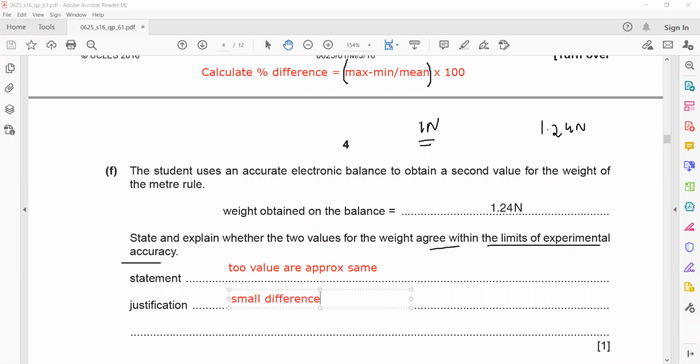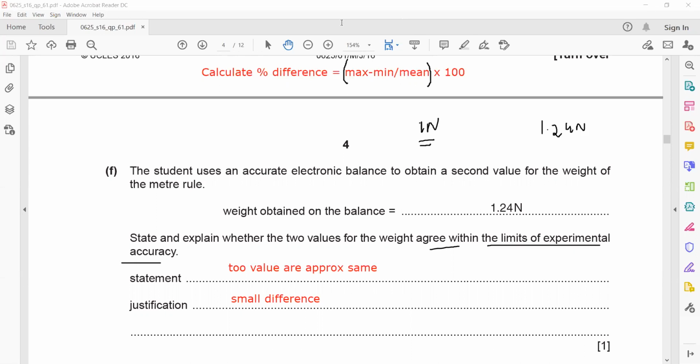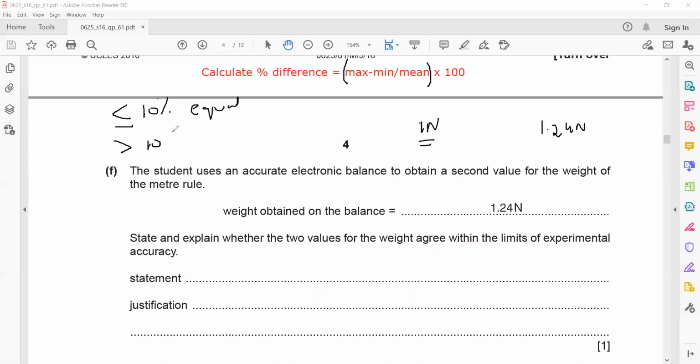But there is also a calculation method. Using this calculation method, you can also work out your answer, by using the formula of percentage difference. Percentage difference is maximum minus minimum divided by mean, times 100. If the percentage difference is less than or equal to 10%, you will consider them equal. If your final answer is more than 10% for the two values comparison, you will say they are not